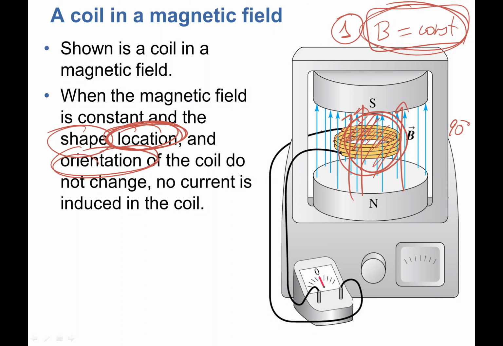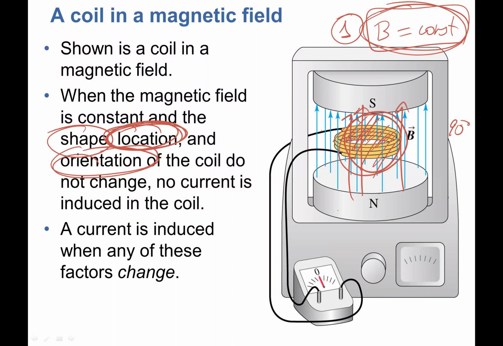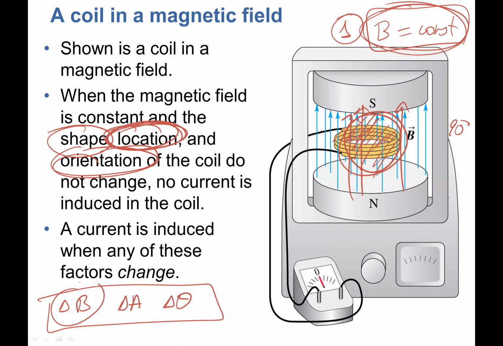Okay, so then the conclusion was this, right? Current is induced when any of those factors change. That means there has to be a change in magnetic field. There has to be, let's say, a change in area, right? Or there has to be a change in orientation, which is, let's say, delta theta, okay? That means any of this, and in a way, when you're changing location, this goes into contribution for delta B, right? But when you change the magnetic field strength by either changing the magnetic field value itself, or by